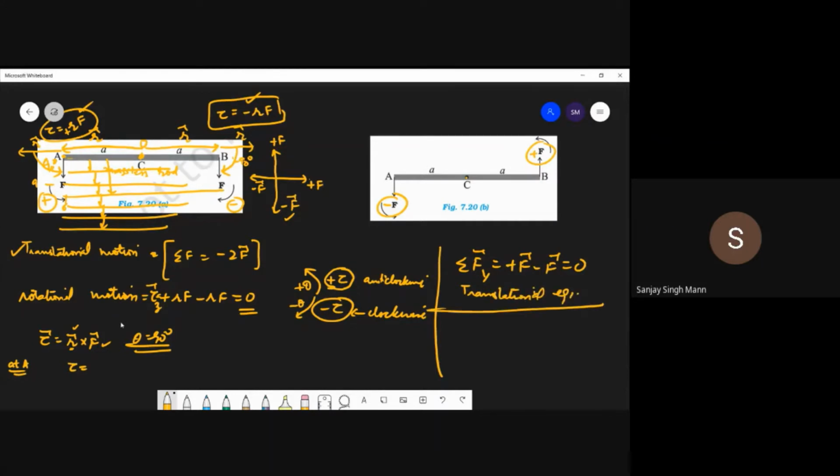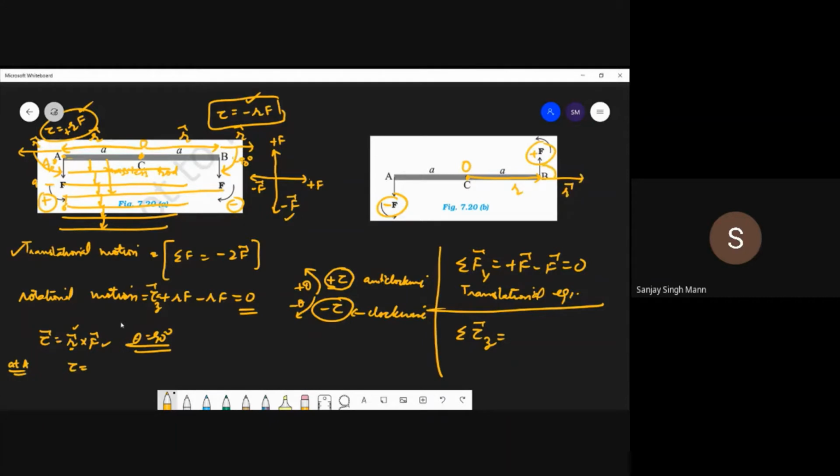Okay. And what about rotational equilibrium? Will there be rotational equilibrium or not? Let us find out. What is the sum of all the tau? Of course it is in the xy plane, so the tau will be along the z-axis. So what is the angle here? Let us find out. This is the origin. The axis of rotation will be passing through this point, and this is the point of application of force. So this is my R. This R will go in this direction.